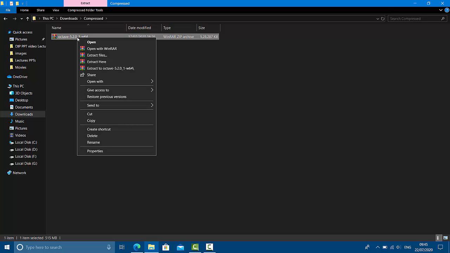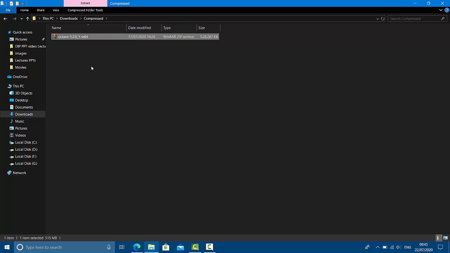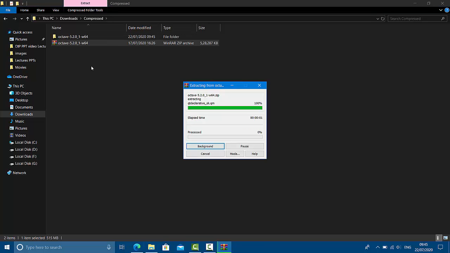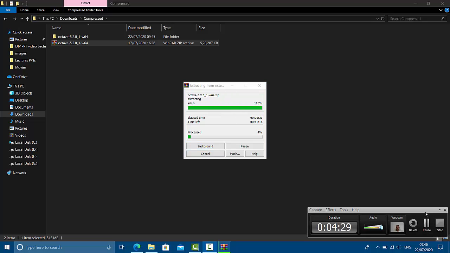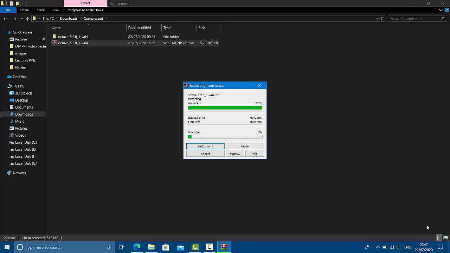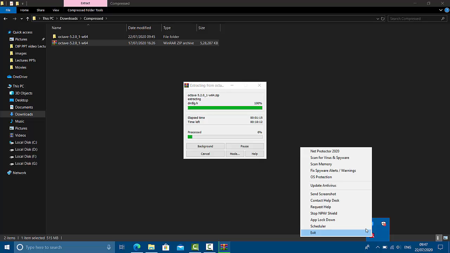Okay, so let us extract this zip file. For that purpose you need WinRAR. You are aware about it very well. And remember one more thing, whenever you are extracting this zip file, at that time also turn off your antivirus if you have any antivirus. So right now I have Net Protector antivirus, so I am going to stop its activity until my installation completes. Okay,